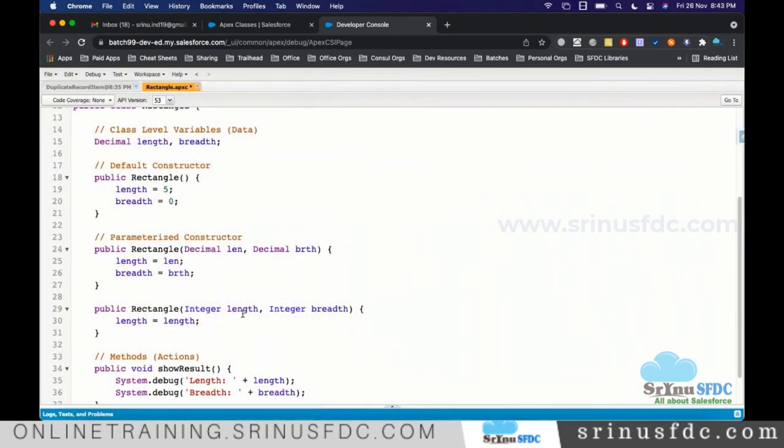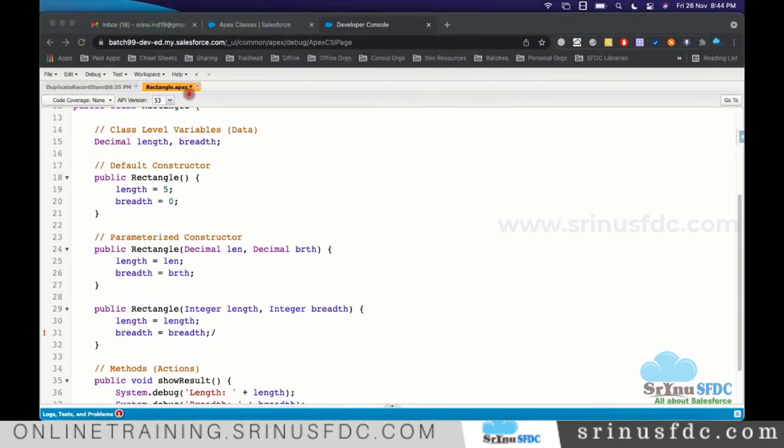Here I also add the class level breadth, and both have the same name. I'm just saving. One more thing you need to understand: when you save, you have to observe that you should not see the star.